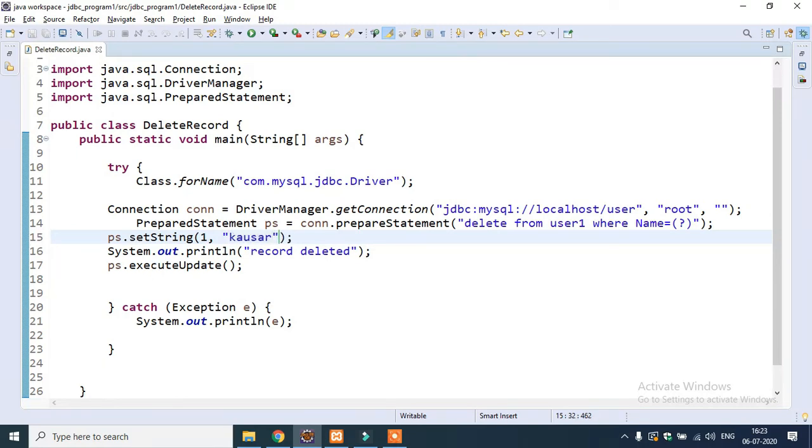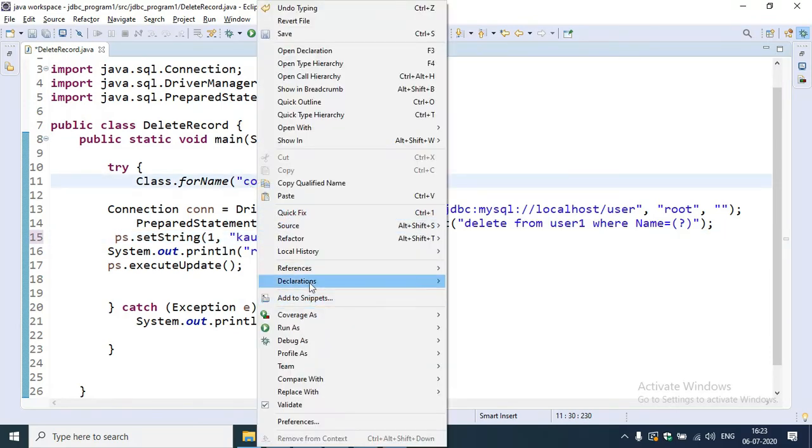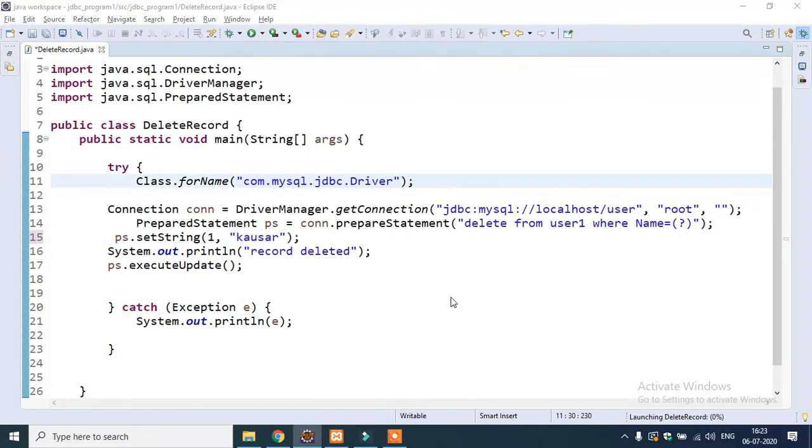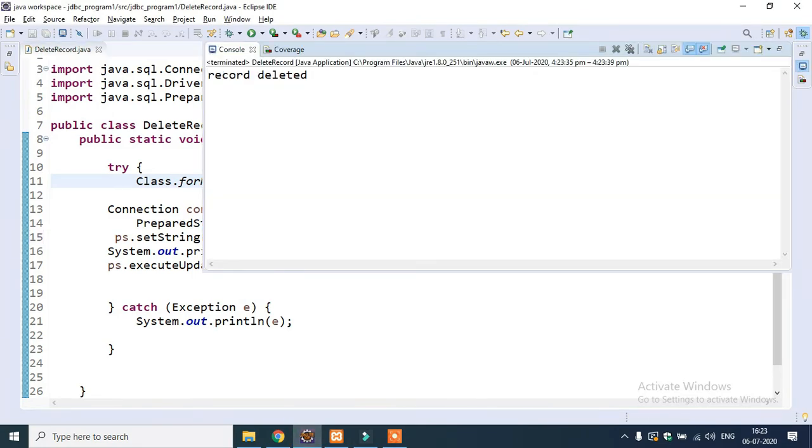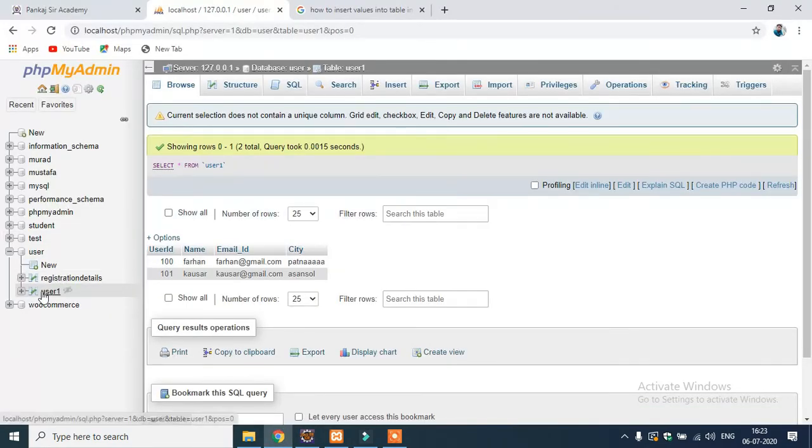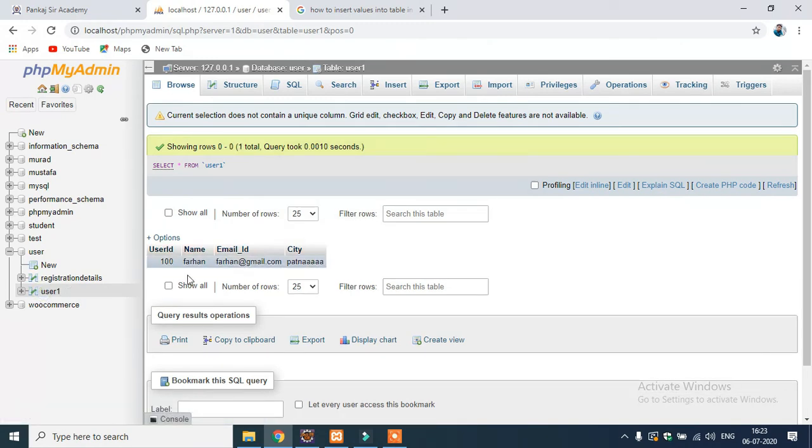When I write 1, then cursor will be set in place of this question mark. Let's run as Java application. Now see, record deleted. When I click here, now see the record is gone, guys.